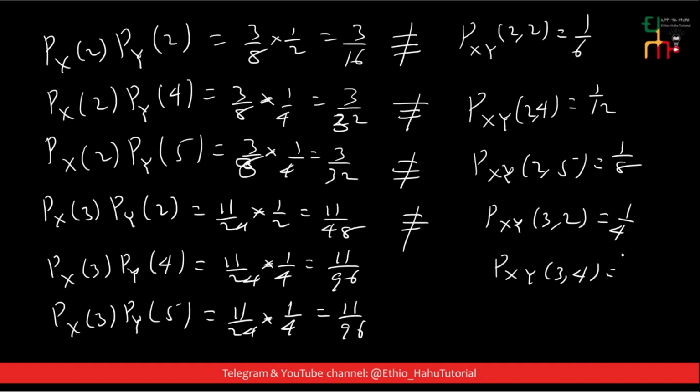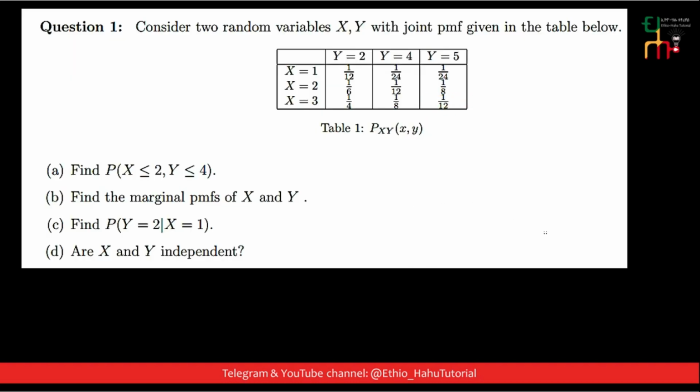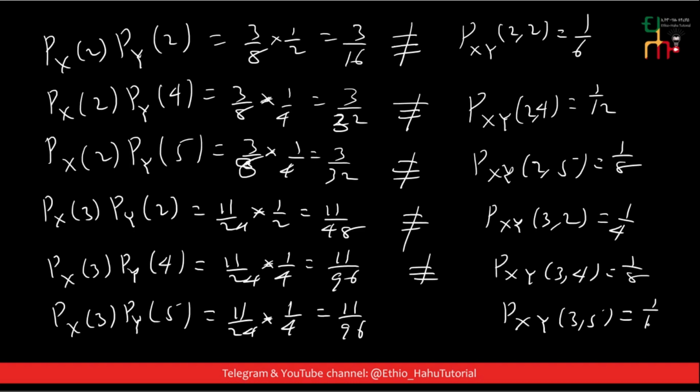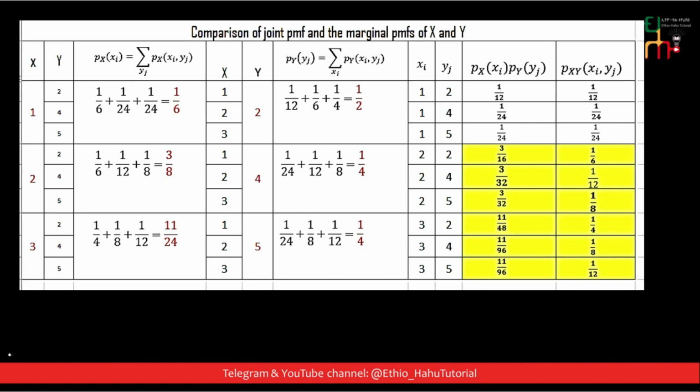1 over 8, it's not equal to 11 over 96, and the joint probability mass function of 3,5 ማለት 1 over 12 ነው, which is different from 11 over 96 ማለት ነው። ኦኬ ስለዚህ በአጠቃላይ